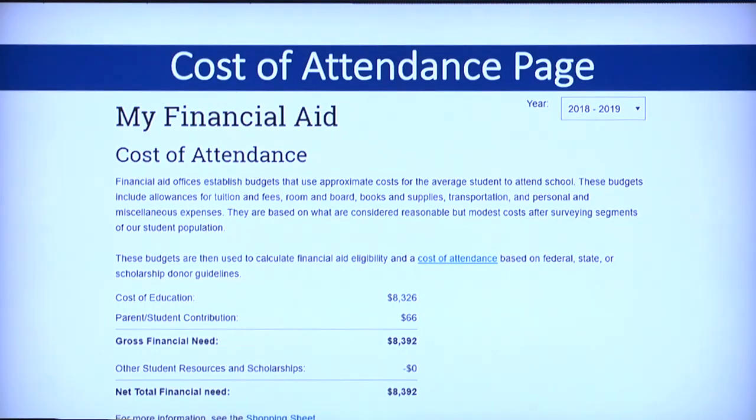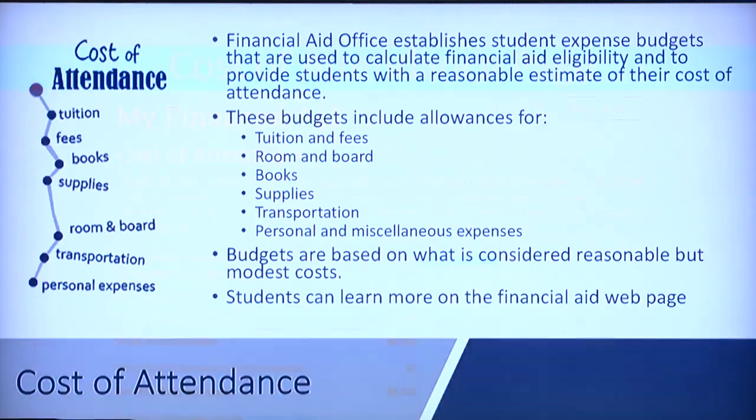This is the cost of attendance page. Here, this shows the students a breakdown budget of their educational costs. Now, the financial aid office has to establish budgets to explain to the students what their expenses are. These budgets we use to calculate their eligibility, and they include various things, not just what they pay in